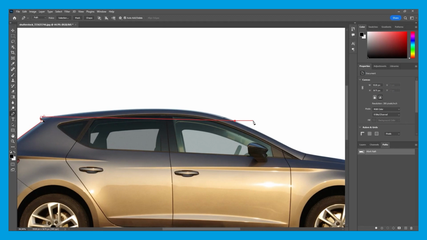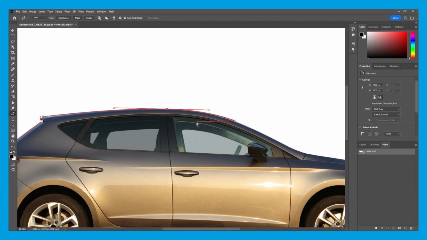So you can actually also add anchor points and remove anchor points from a path. So let's say I wanted to add an anchor point to the straight line so that I can curve it to the roof. All I have to do is, on the path, a plus icon will appear when I hover over it, and wherever I want to add my anchor point, click here, and as you can see it's added the anchor point, and if I hold Control or Command, I can just drag it into place so that it fits the curve of the roof.